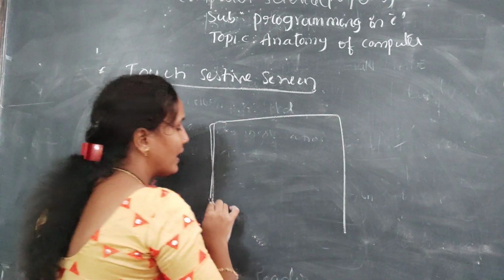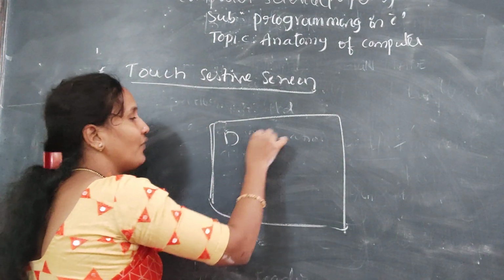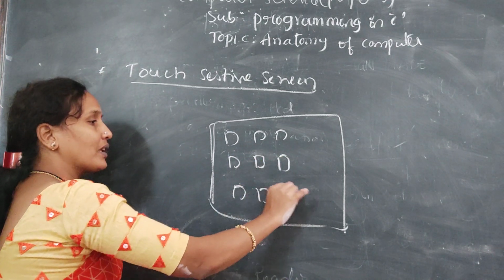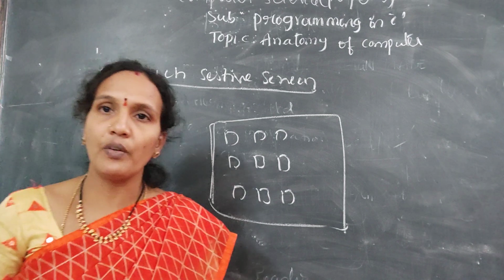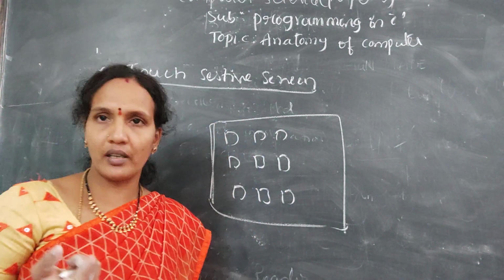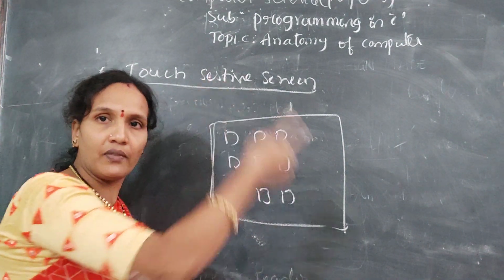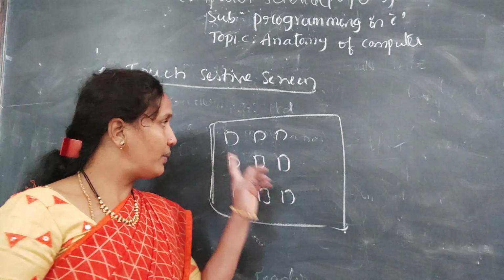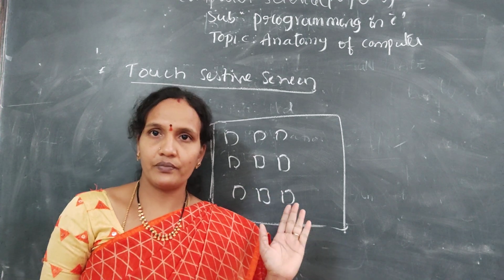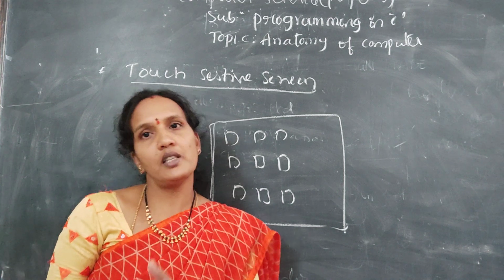Actually, it is called a touch sensitive display. Here you will get some information or text on the screen, and you can select that information by touching it. You can use it directly; you do not need any other device. Just by touching that particular object, that will be given as an input. Why? Because this is a touch sensitive display. Wherever you touch that object, that will be considered as an input to your system.